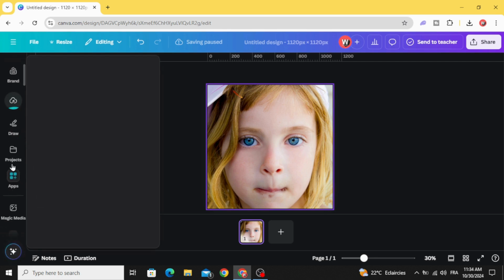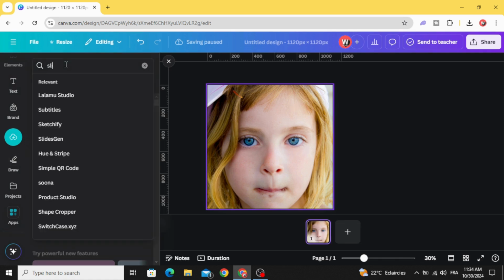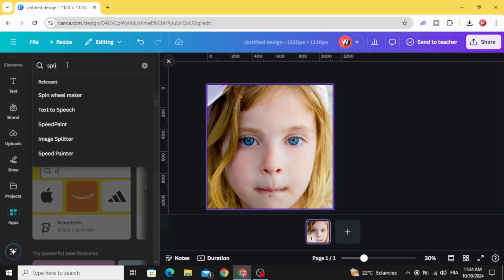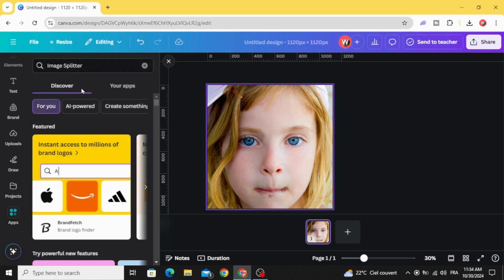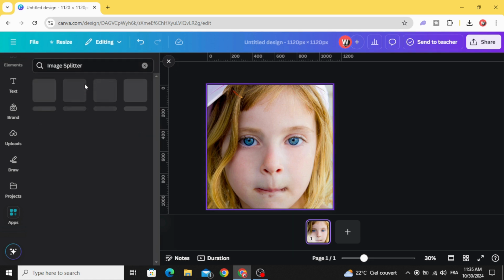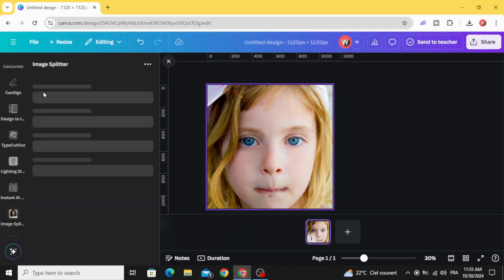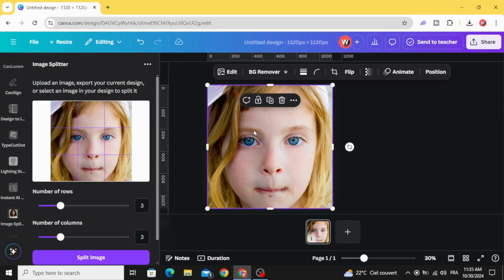and go to apps, split, and choose image splitter and click in this app. Click in the image